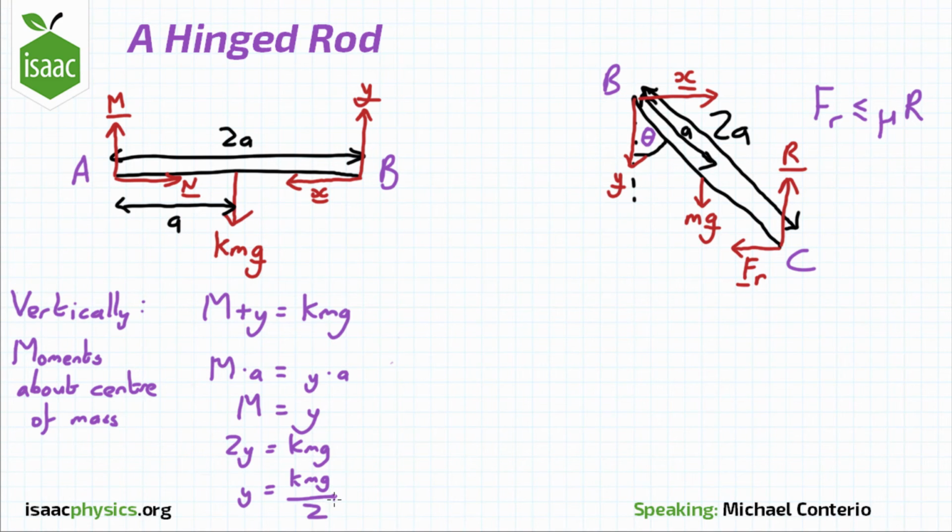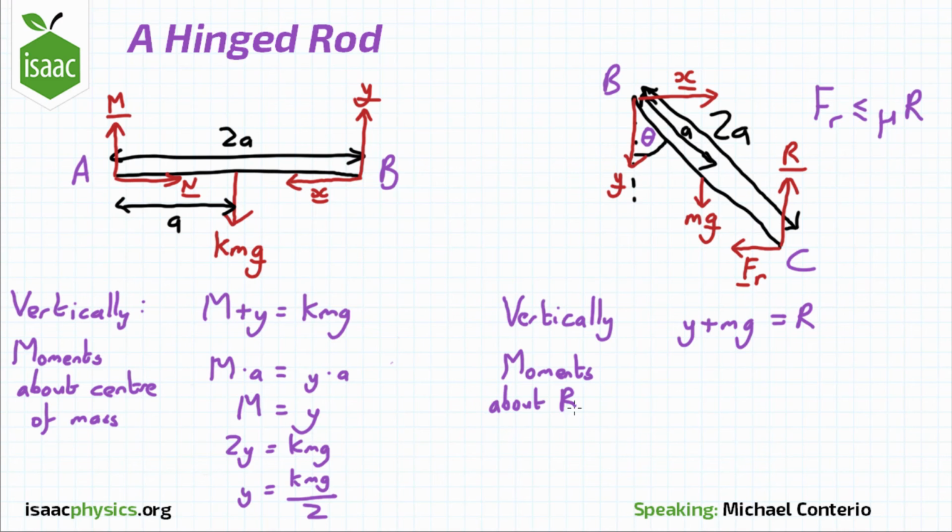by 2. Looking at the other part of the rod, the forces must also balance because the rod is in equilibrium. Vertically this gives Y plus mg equals R, and taking moments about the point B, we get a clockwise moment due to the weight of mga sine theta, a clockwise moment due to the frictional force of Fr times 2a times cos theta, and these are balanced out by an anti-clockwise moment due to R of R times 2a